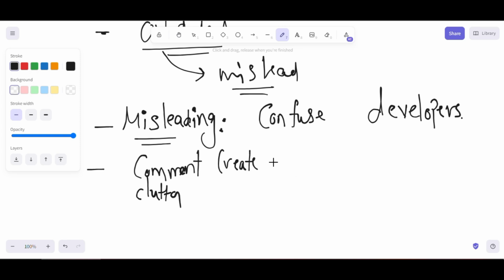Okay, so what does that mean? Too many unnecessary comments can clutter the code and make it harder to read. I'll just give examples from myself. I write some particular code and I comment it out, so who will understand what the commented code is all about? This is something I have experienced myself.